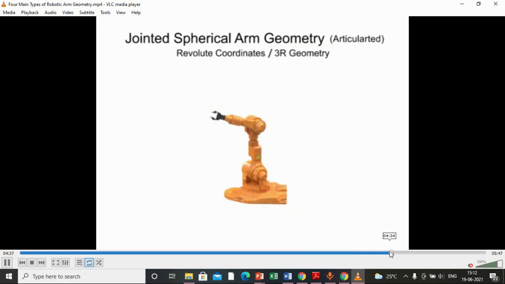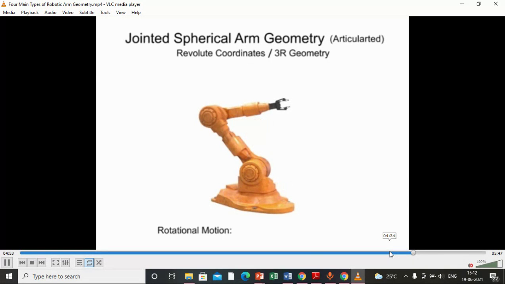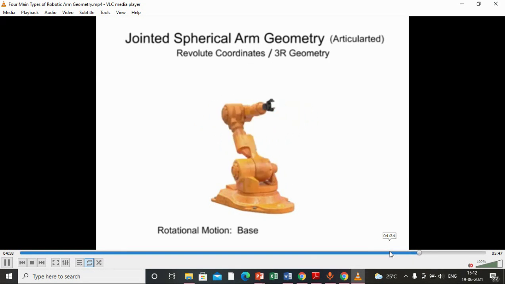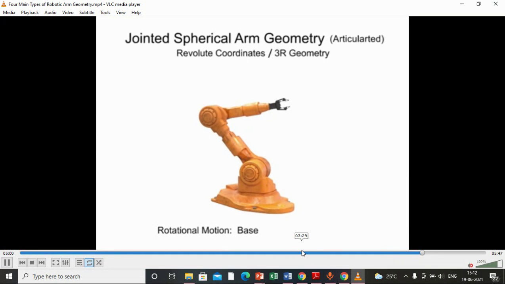So the next is the joint spherical arm geometry. You can see here these are widely used in the current automobile or heavy production systems, where mass production is present and a flexible automation system is present. In these kinds of operations these robots are used. Here you can see the rotational base.